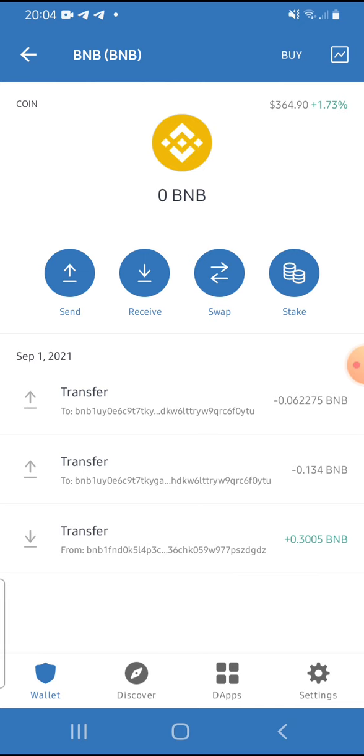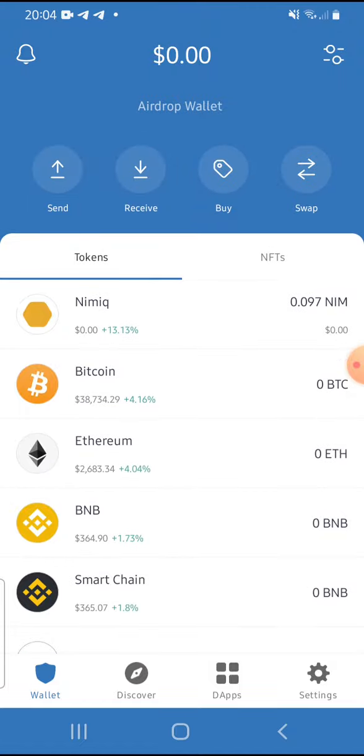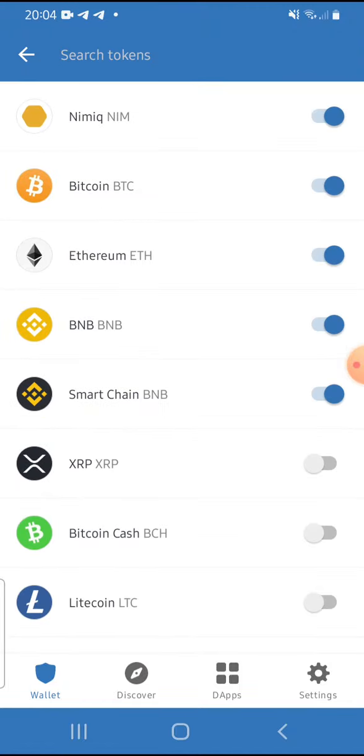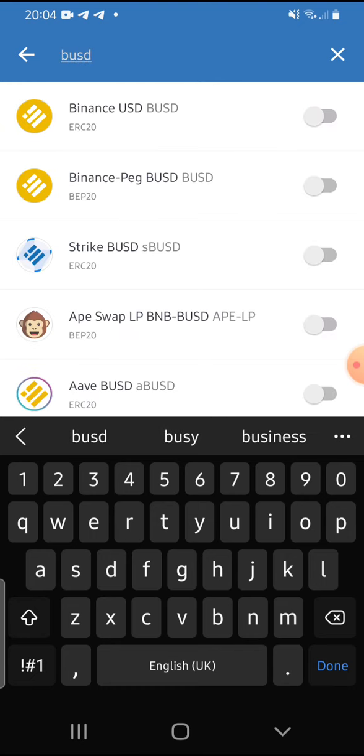The smart chain is for the smart contracts that we're going to execute, so that is where they will take the transaction fees from. Then the BNB is what we use for the transaction itself. Then you also need BUSD. You need the BEP20 version of BUSD. So when you get to Binance, buy BUSD, send it to your wallet, and send it on the BEP20